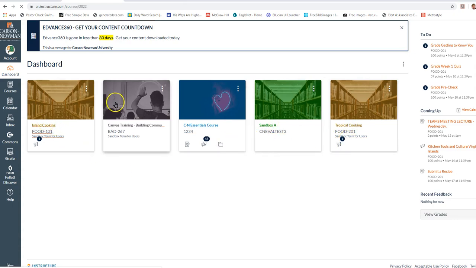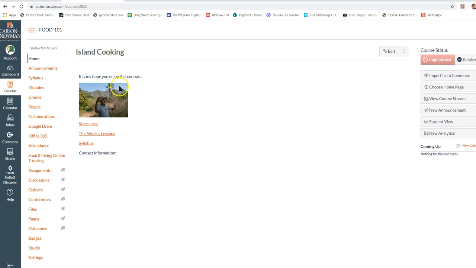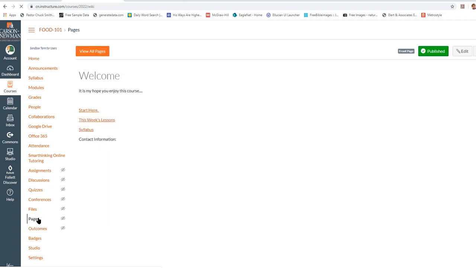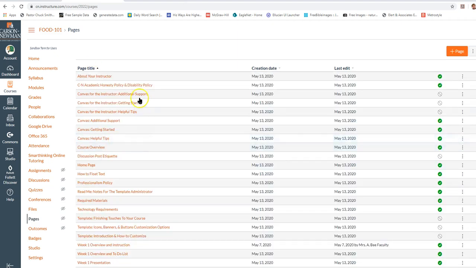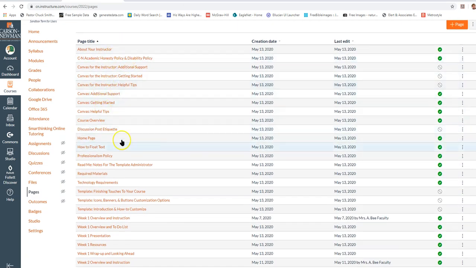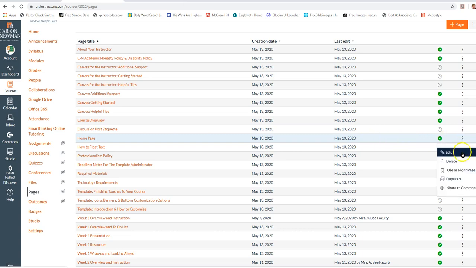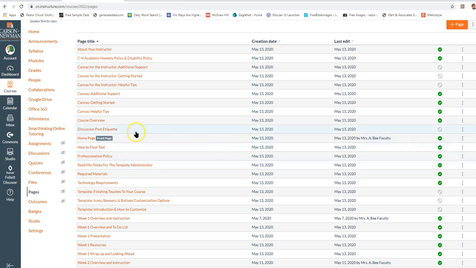Whoops. I don't know how I did that. Okay, it's still showing us the page that we created, right? So we need to go into our pages, view all pages, and if we're going to use the template, we need to find home page, and use this front page. So now this one is being used instead of the other one. So now when we select home,